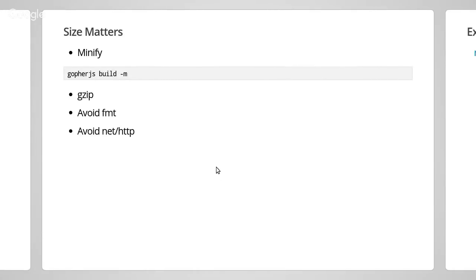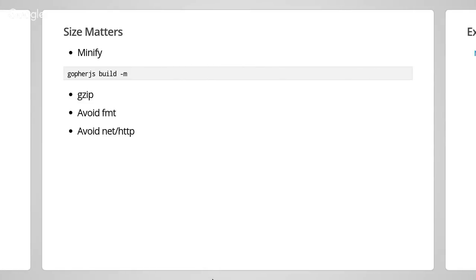One very interesting thing is, even in the Go standard library, there are some packages that are larger than others. A particular pain point here is the fmt package. This is way too large. So if you do a small project and include that, your code size can grow by 1 megabyte or something.